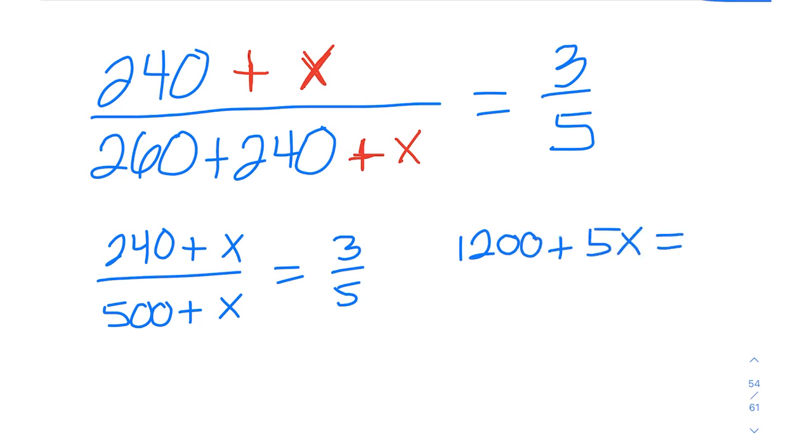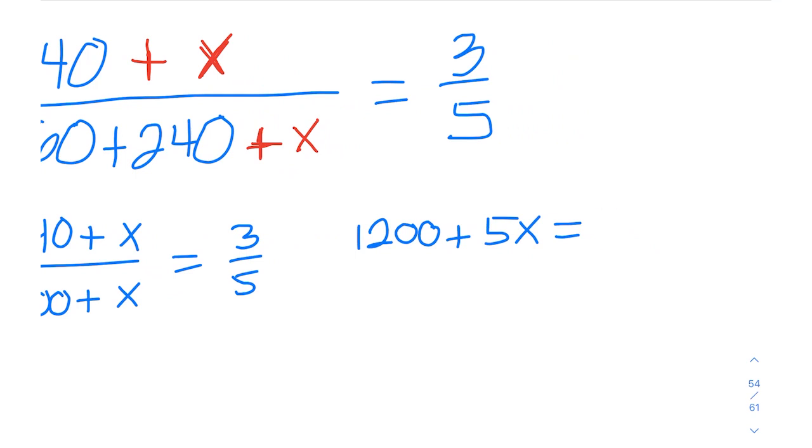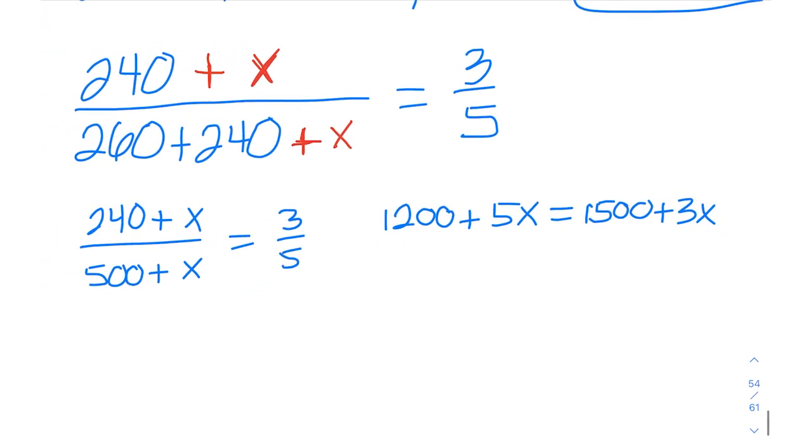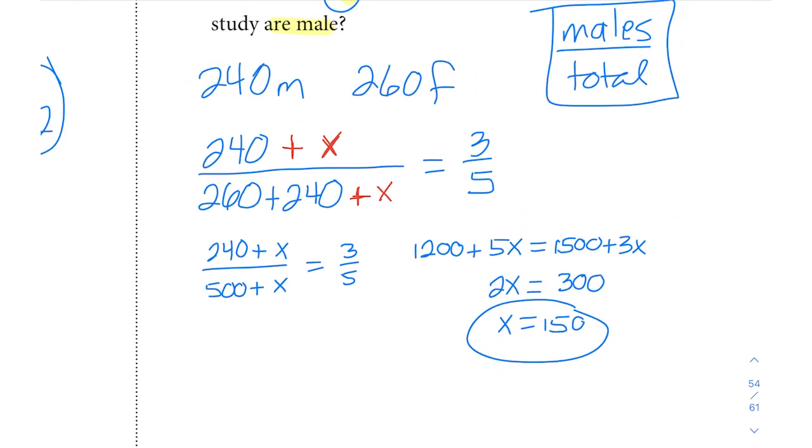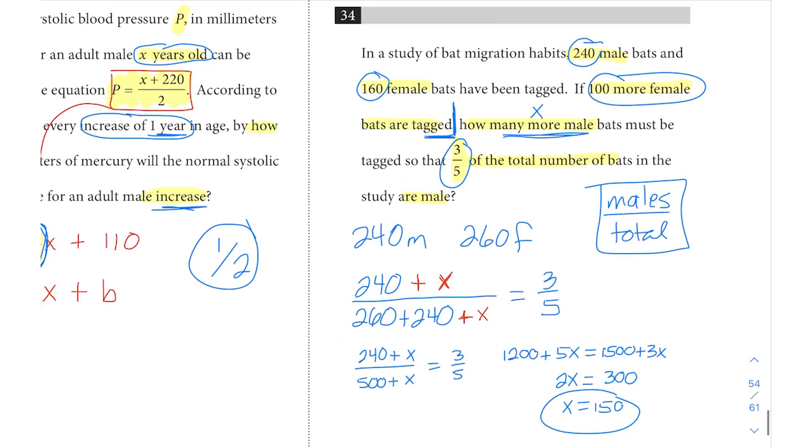And then we can cross multiply. So that will give us 5 times 240, which would be 1200 plus 5x equals 3 times 500 is 1500 plus 3x. And then to combine like terms, we can subtract 3x from both sides to cancel it out and be left with 2x on the left. We can subtract 1200 from both sides to cancel it out and be left with 300 on the right. We divide by 2. And we get x equals 150. So there are, in this scenario described, 150